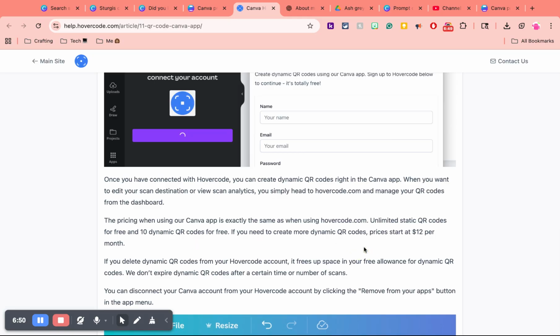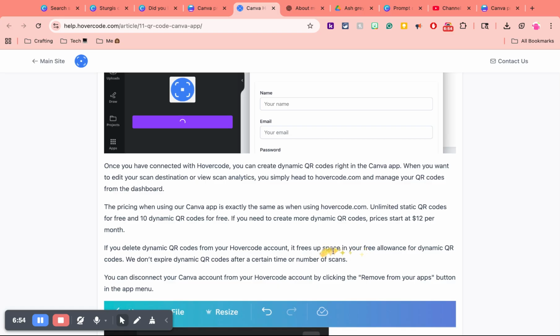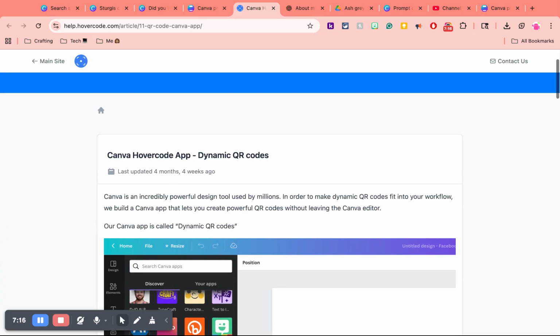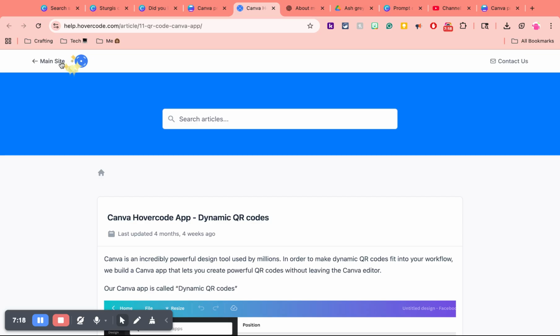But if you use those 10 dynamic codes and you don't need them anymore, it's also saying down here you can free up space, that if you're done with that QR code, you can delete it. So now if you had 9 and you deleted 2, you now have 2 more because you've gotten rid of them. If you go over here, and this is what was connected. If you go back to their main site